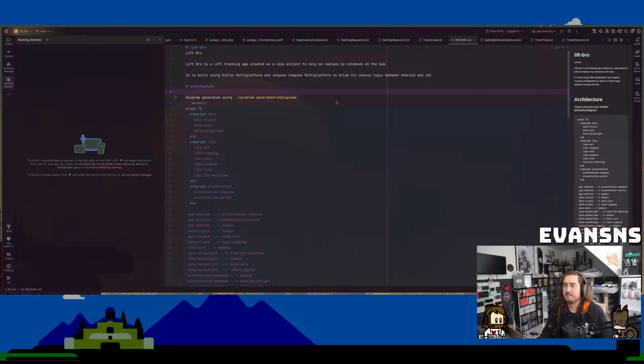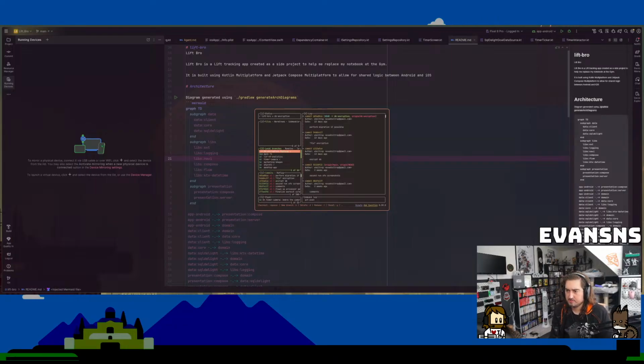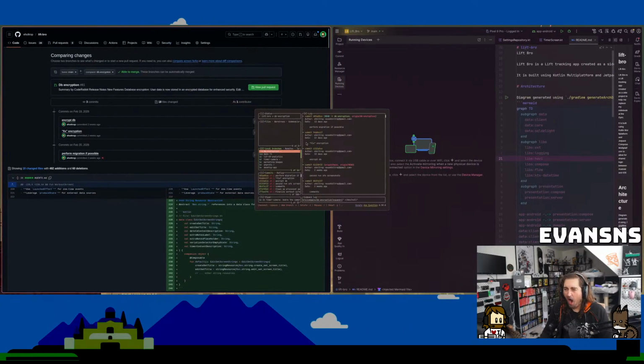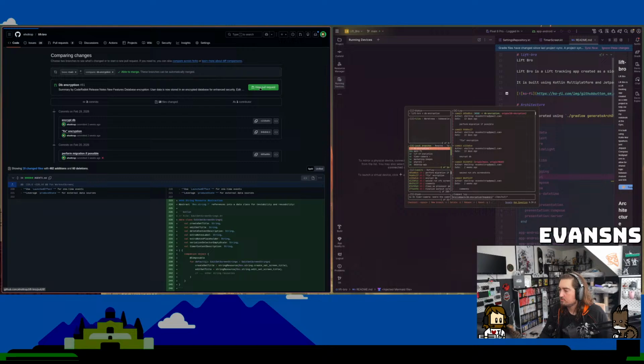All right, so today the goals are crash fixes and some PRs. So let's actually start those PRs. There is the DB encryption, which is something that I want to